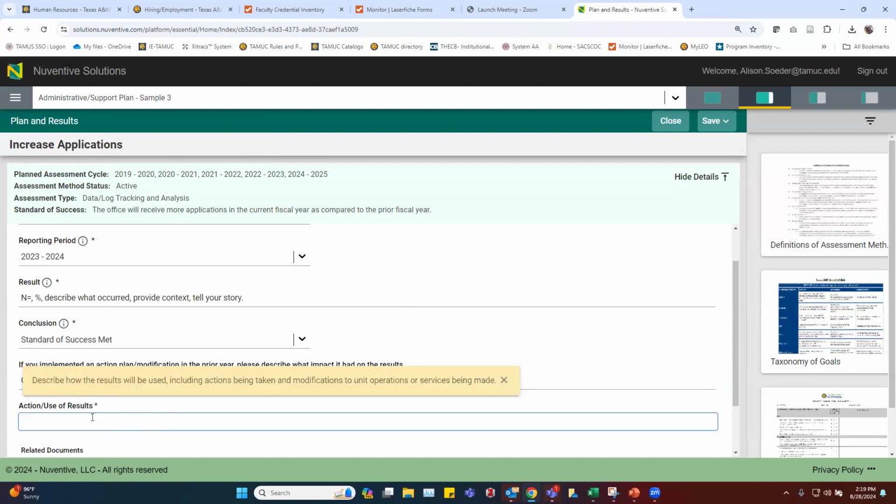And then this last item, this action use of results, you'll notice that with this asterisk, this is a required item. So this is where you're going to describe how the results will be used, including actions being taken, modifications to operations or services. For our academic units, that's going to be modifications to pedagogy or curriculum, student learning, that type of thing. So again, if you were adding a textbook, if you're hiring a subject matter expert, if you are